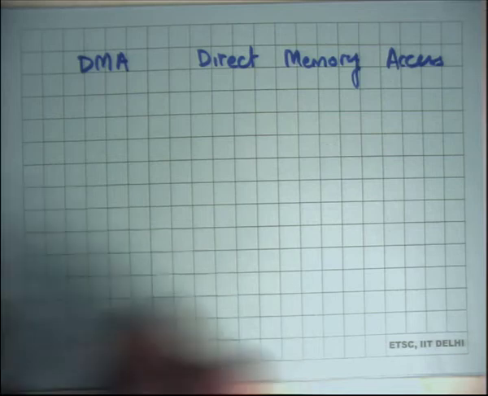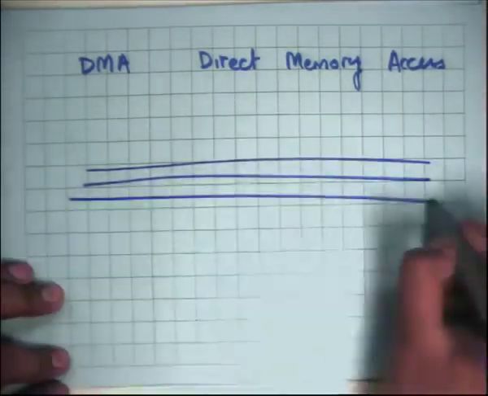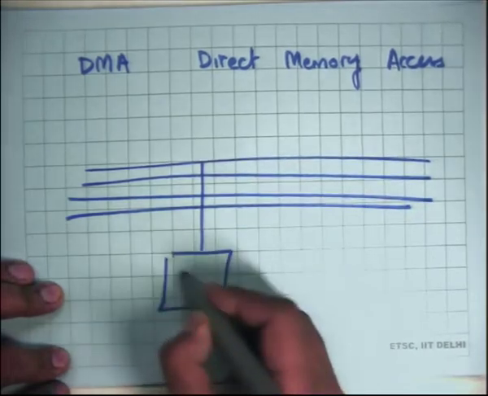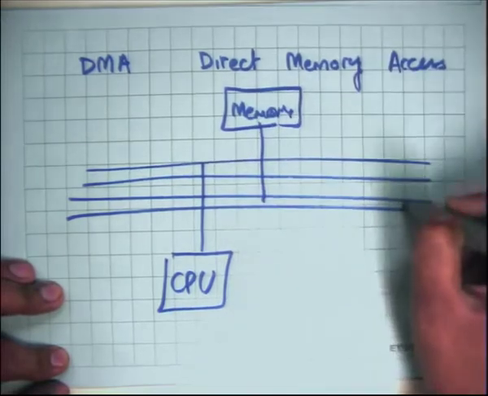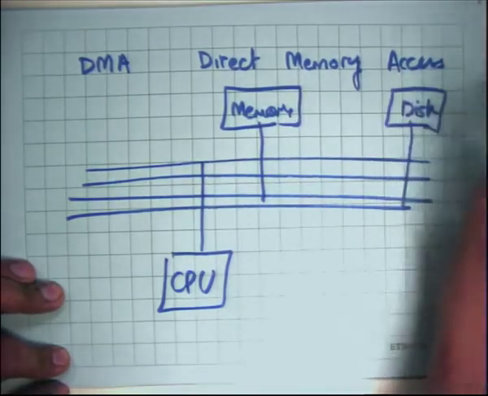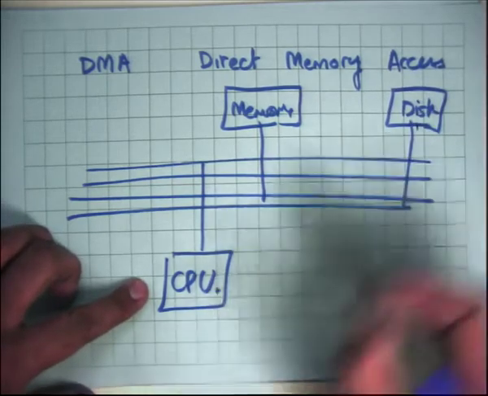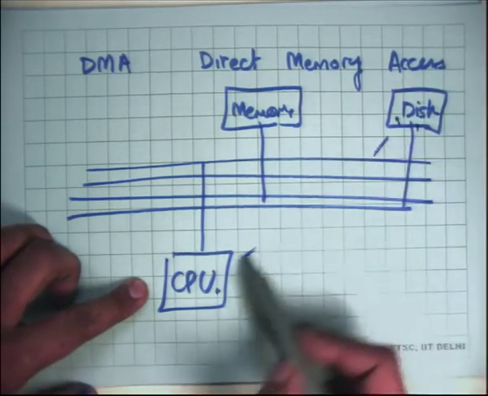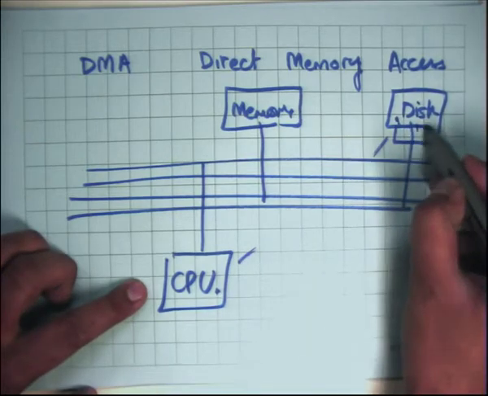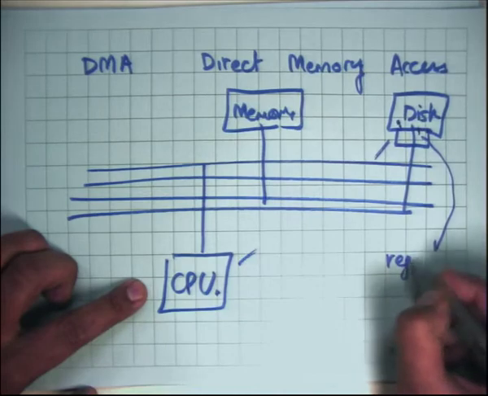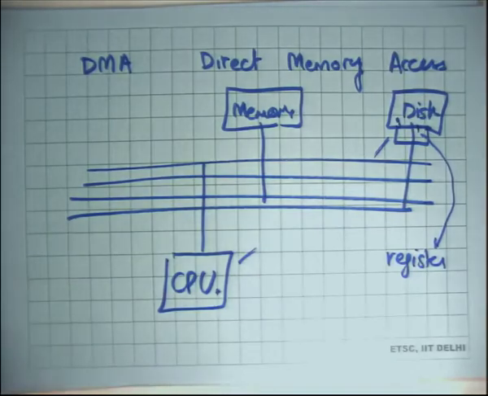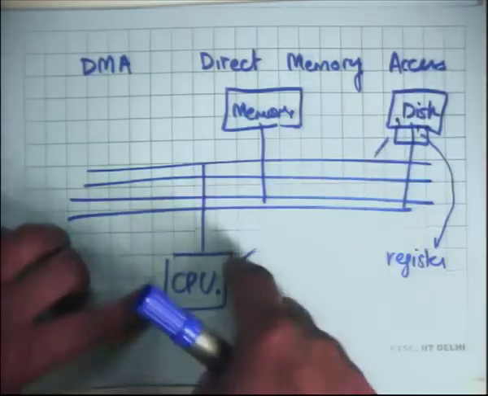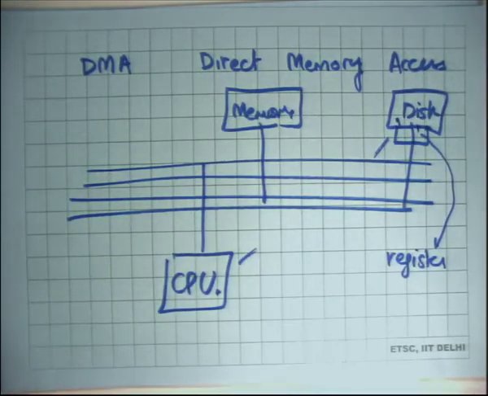this transfer. So if I just draw the diagram again, and let's say this is my bus and this is my CPU and this is my memory and this is my disk. Then one way for data transfer is that the CPU one by one starts reading data from the disk. So recall that the disk has some registers here, right? So the controller will have some registers through which the CPU can program the disk. For example, by writing into the register, the CPU can tell the disk, I want to read this sector, right? And then it can read values from those registers to get the answers from the disk.